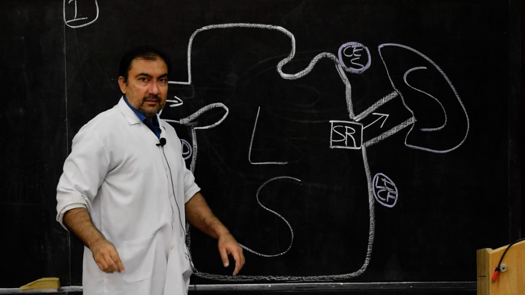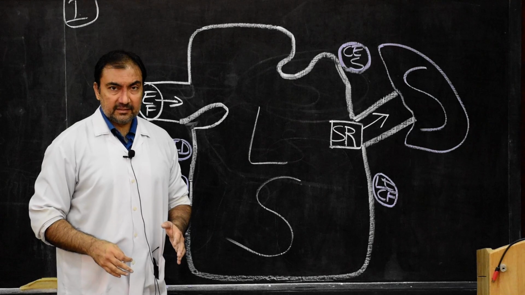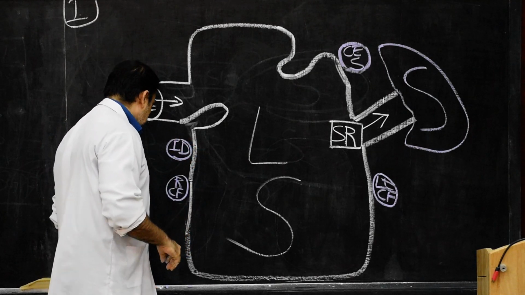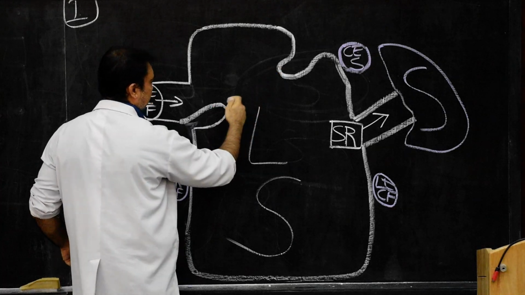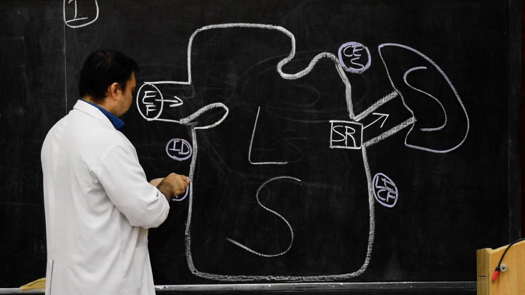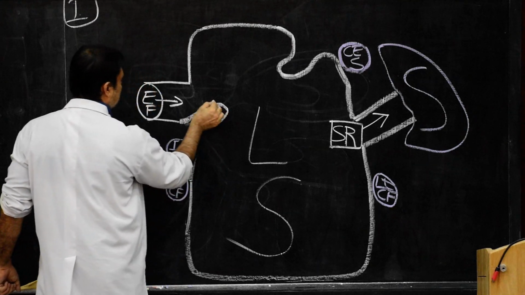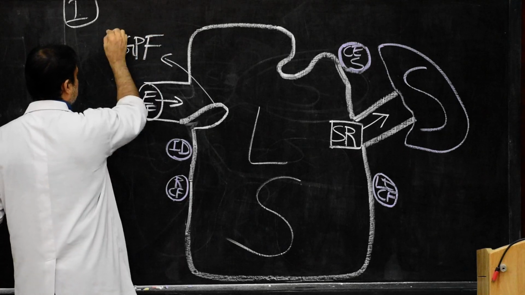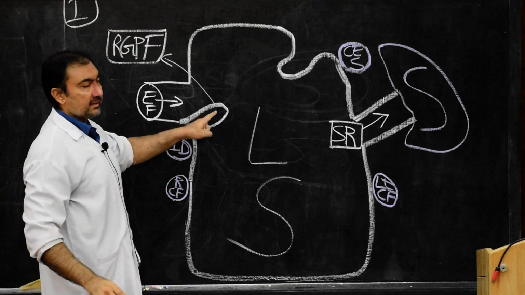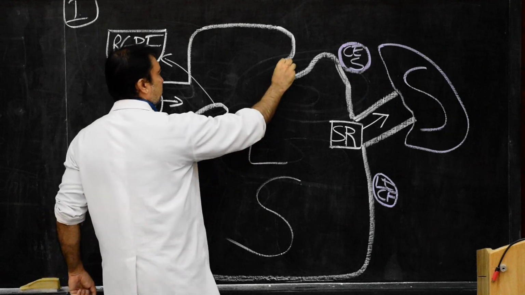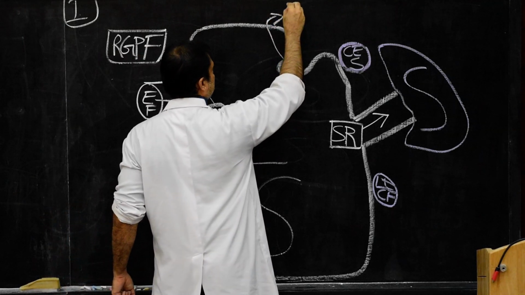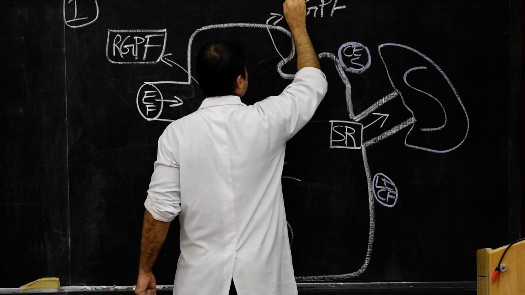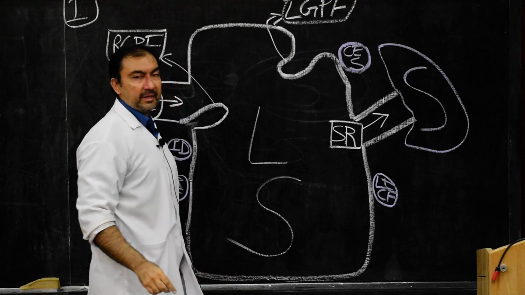Now the entire interior of lesser sac has presence of two main sickle shaped folds. Here the folds will be sickle shaped. These two folds which I have shown, first let us name this one as the right gastropancreatic fold, or it is also known as inferior gastropancreatic fold. And this fold over here, let us name as the left gastropancreatic fold, or it is also known as superior gastropancreatic fold.